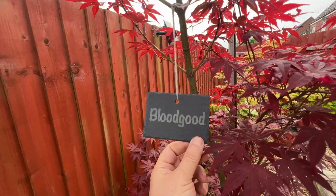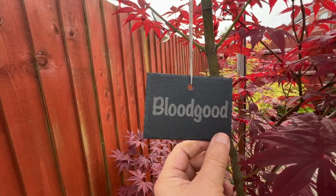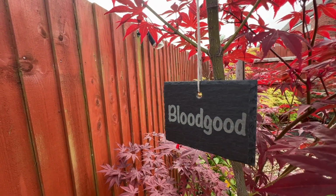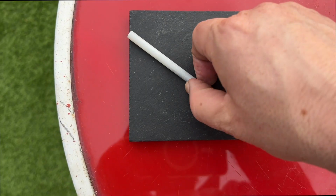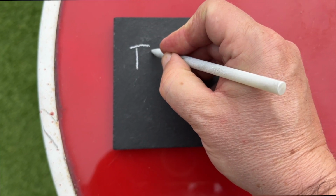So as these little name tags or labels are made of slate, they should be very durable. And I just think it's a great idea that, when they're very small, you could use them on their little metal pin, but you can always take that away and hang it from a branch later on when they get bigger. So at this point I've talked about the labels themselves, how I can get hold of them,